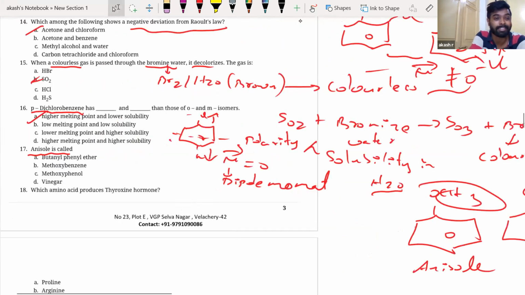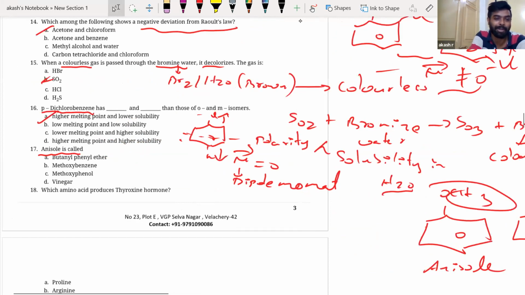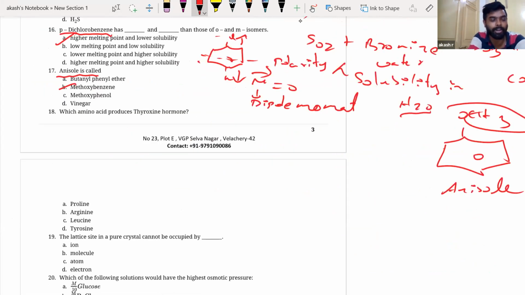Thyroxine hormone? Really? Which amino acid produces thyroxine hormone? I have really no clue. You also don't have to study this. Do not worry about these kind of questions. They cannot be asked like this. Anyways, can someone Google and tell me what this is producing? It should be tyrosine, right, sir? Tyrosine. Okay, looks similar, like thyroxine, tyrosine. Right. These kind of questions you have to mug up, people. That's why I'm not going into this.